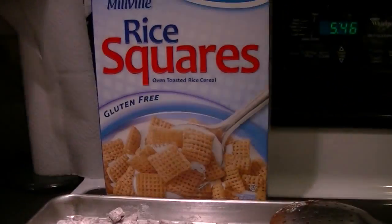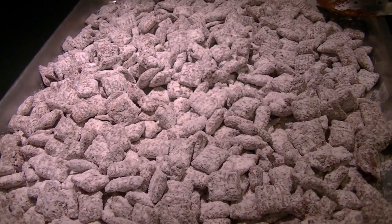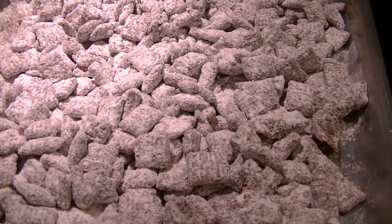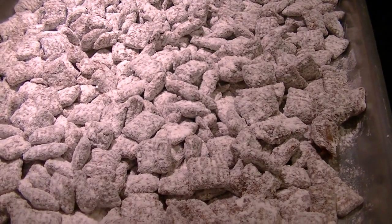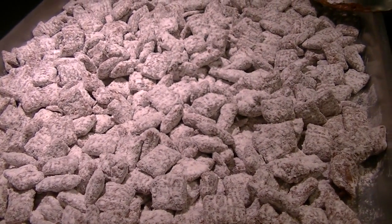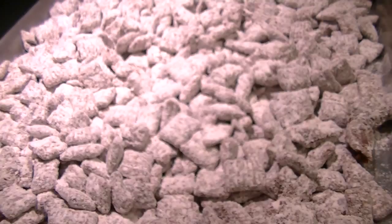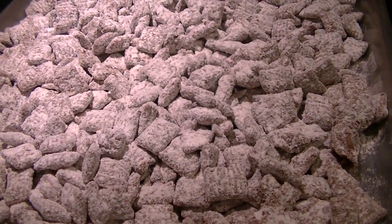That's it. From healthy gluten-free rice squares to decadent Muddy Buddies, puppy chow, whatever you want to call it, essentially the same thing. A concoction of a cup of melted chocolate, I use chocolate chips, half a cup of peanut butter and a quarter cup of unsalted butter, a teaspoon of vanilla, which I did remember to put in, and 1.5 cups of powdered sugar. Mix it all together and you get this. So I'm going to taste one for you. Looks yummy. Coated. The crunch is really yummy against the...